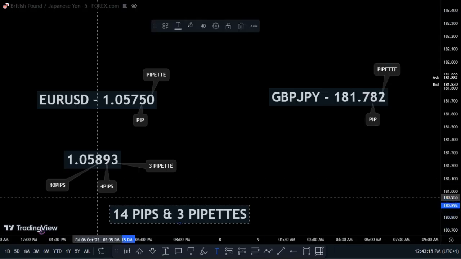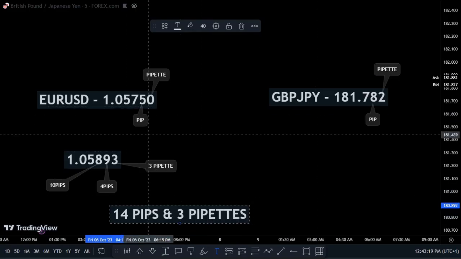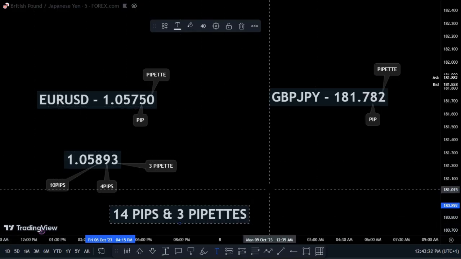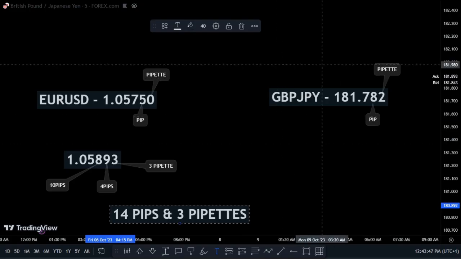Okay, so there it is. Now one thing you must know is that the platform I'm using right now, as you can see, the name TradingView, makes it very easy for you to calculate this. More understanding of this is going to come when you actually start trading. When you start placing trades and you have your stop losses and your take profits to consider, you will start getting a better understanding of making use of these calculations. But now, in the case of GBP JPY,